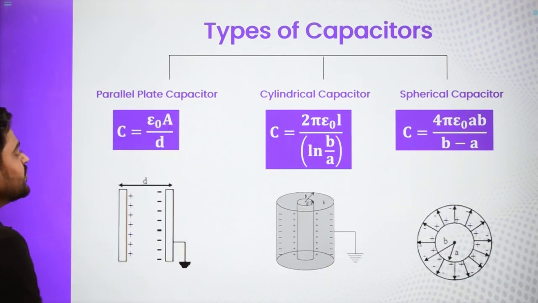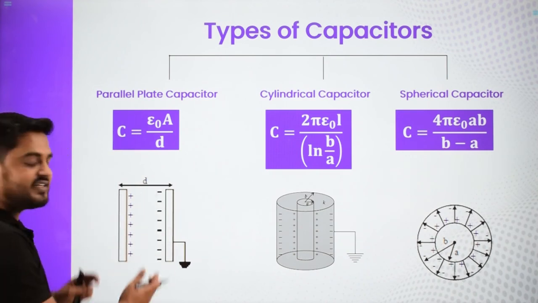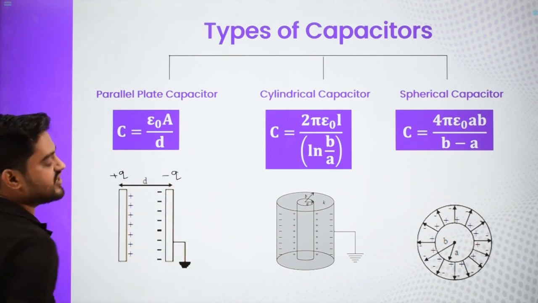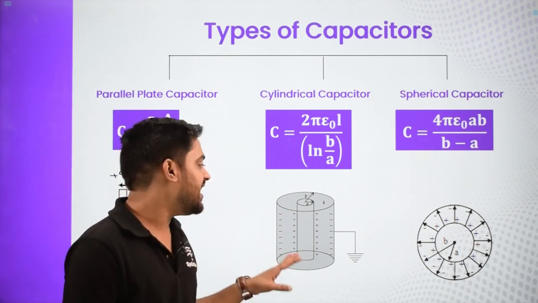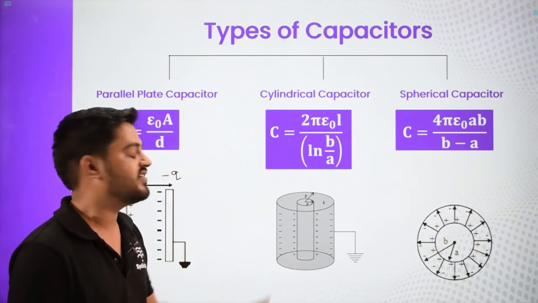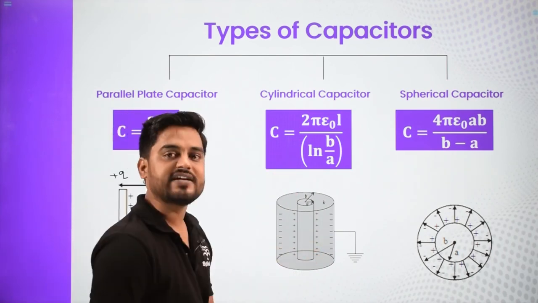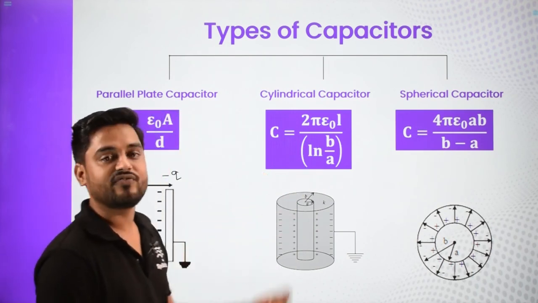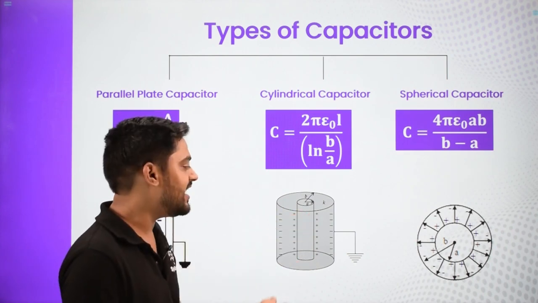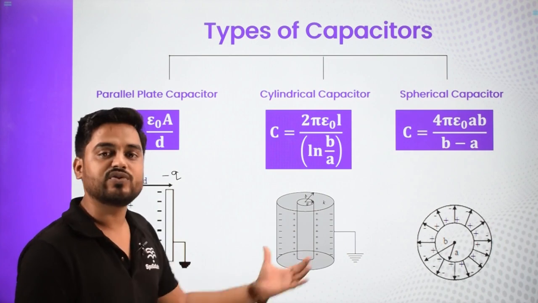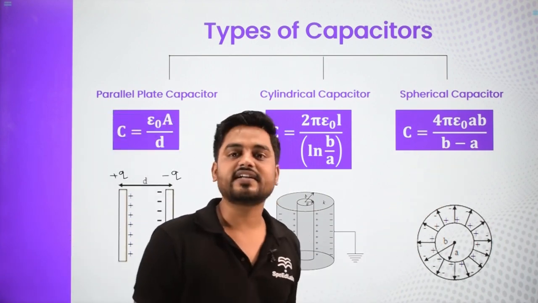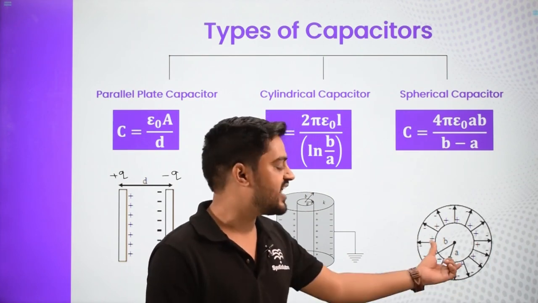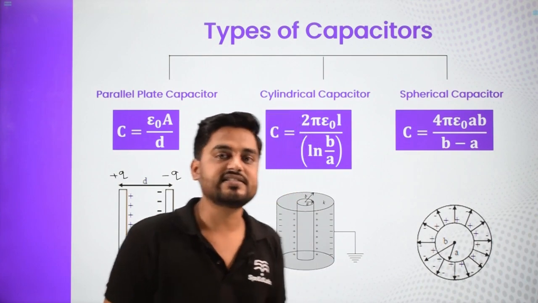Now let us have a look. A parallel plate capacitor is made up of 2 parallel plates. So there are just 2 parallel plates. One has positive charge, the other has equal negative charge. And a cylindrical capacitor is made up of two coaxial cylinders, inner one or outer one. It depends on which one you are giving which type of charge, but the capacitance will remain the same. We will not get a different formula. So one cylinder, or the inner cylinder here in this case, is positively charged, the outer one is negatively charged, and a spherical capacitor consists of two concentric spherical shells. So one shell is positively charged and the other shell is negatively charged.